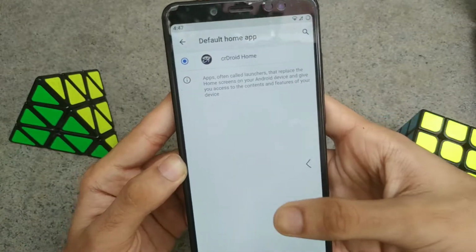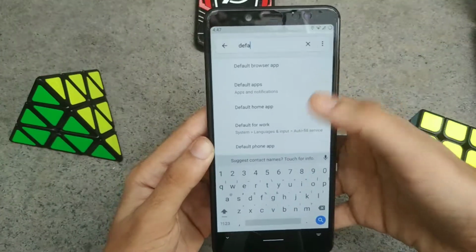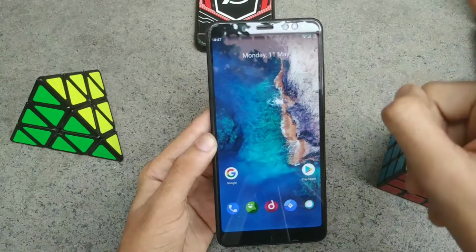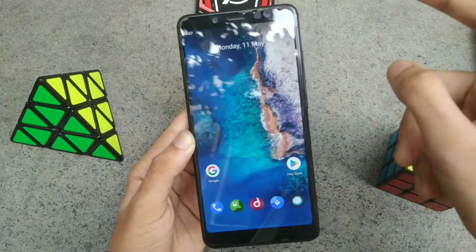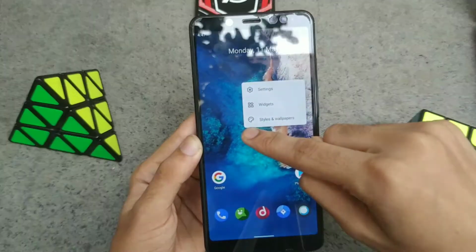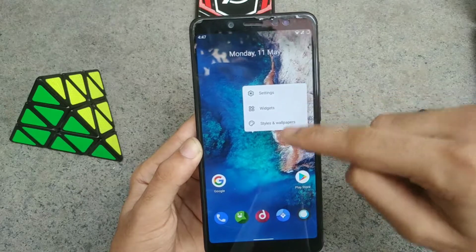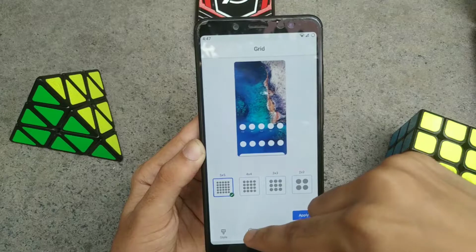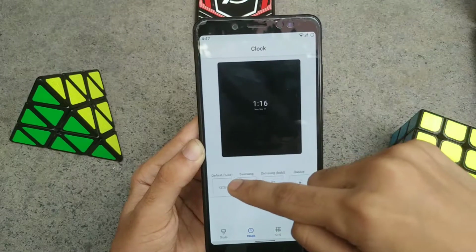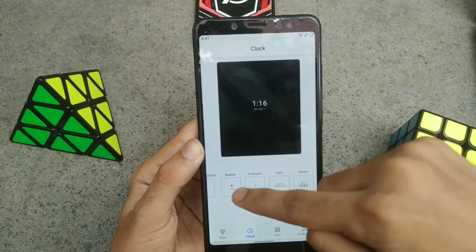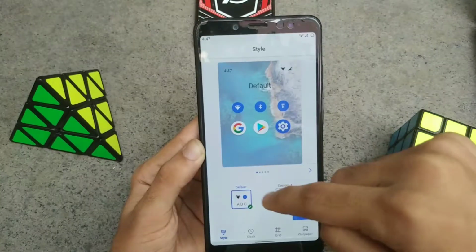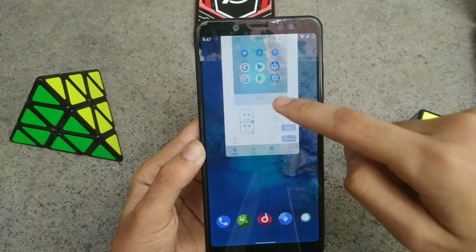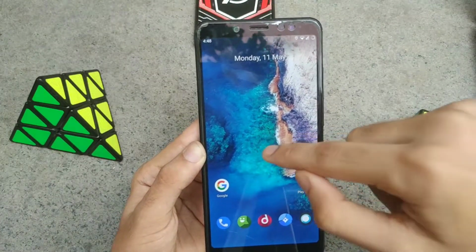However, if you want to install a custom launcher, I'll give an I button at the top of the video so that you can watch that video and find out how to install these custom launchers. If you long press the home screen, you get the options to set styles and wallpapers, where you can change the layout. You can use some custom clock faces. It includes just some 5 to 6 clock faces, and you can also select what type of icon shapes you want for all the icons. And this is what is present in styles and wallpaper.